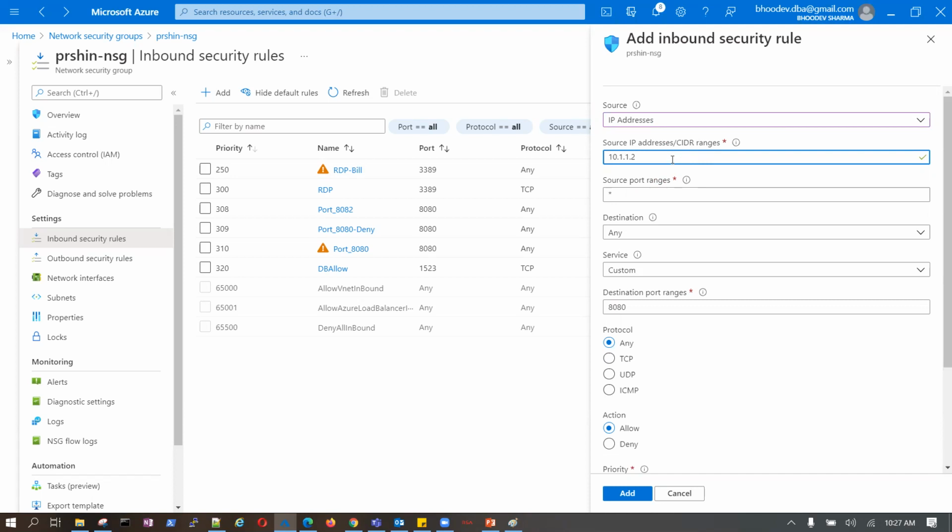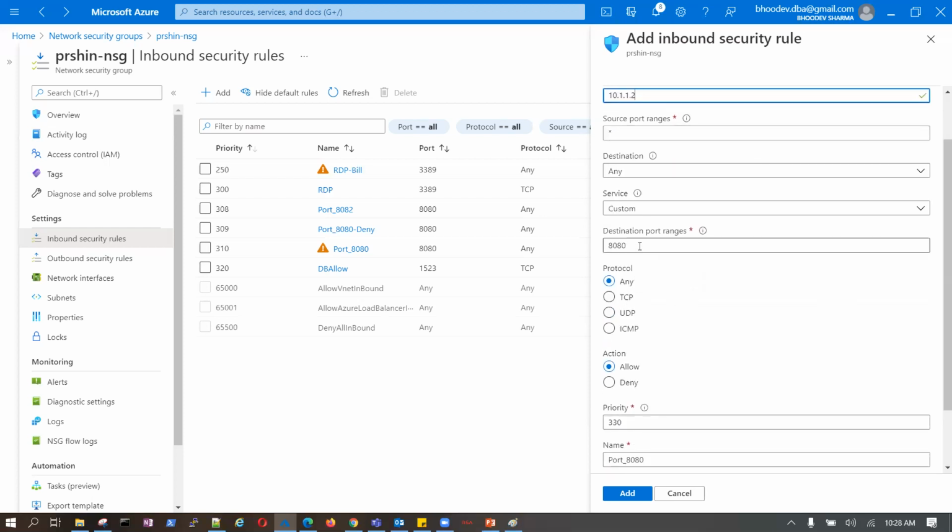But in the cloud, this is not the right IP, because in the cloud the first four IPs, 0 to 3, are reserved. Now, what port do you want to block? What access do you want to block? RDP, 3389. I say deny.